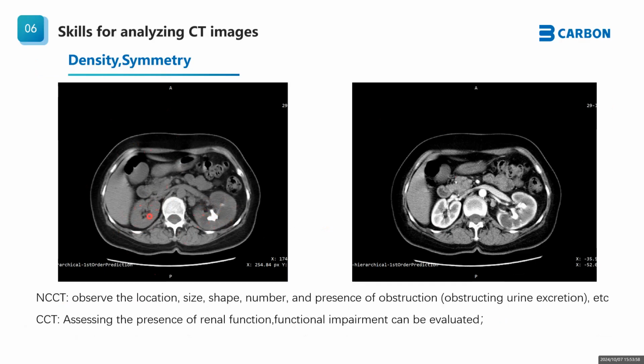For this picture, we can see this right kidney is normal, and the left kidney has become larger, and then this density is not the same. So this shape is not the same, the size is not the same, and then the density inside the kidney is not the same. So it's not normal. Okay, this left kidney, there is a big stone inside the kidney. Okay, this is the